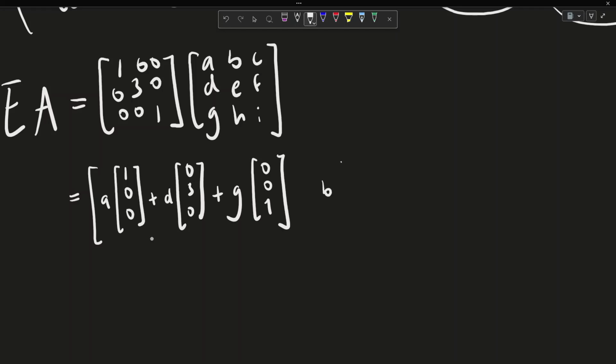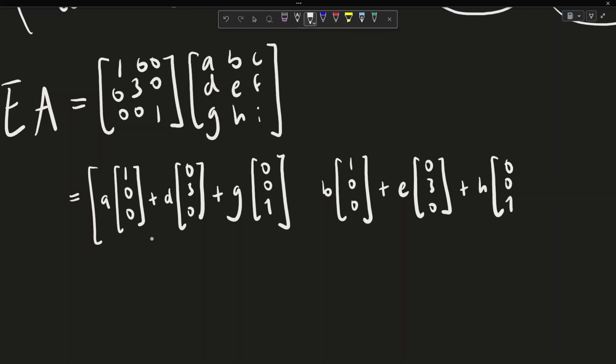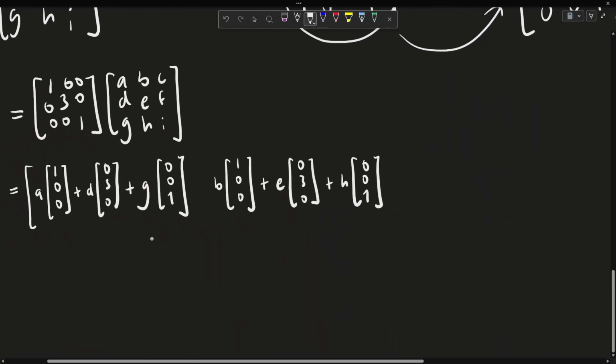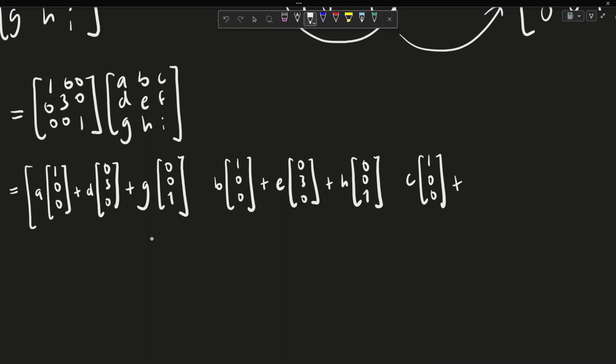B times 1, 0, 0 plus E times 0, 3, 0 plus H times 0, 0, 1 is the second column. And we find C times 1, 0, 0 plus F times 0, 3, 0 plus I times 0, 0, 1 is the third column. This is equal to,